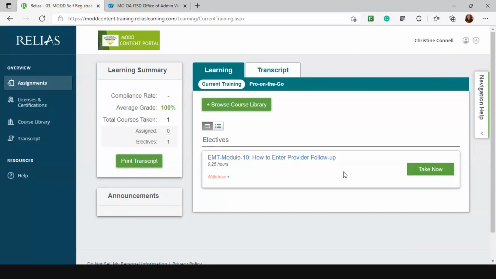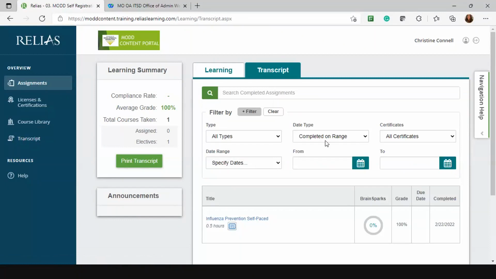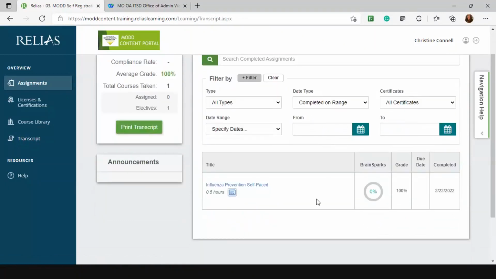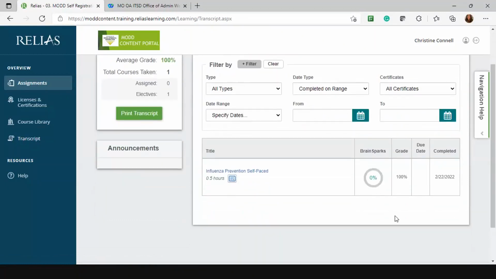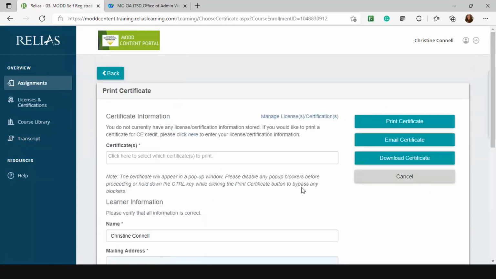Now, once you've taken a course, you've taken the exam, you've completed it, when you're ready to access your certificate, you can click on the transcript tab here or the transcript button there. They both bring you into the same page. And any completions you have will be listed here. It will tell you the date that the course was completed, the grade you received on the final exam, and this right here is the certificate icon. So you can click print certificate to simply pull up the certificate.